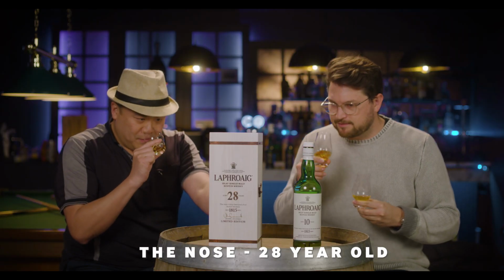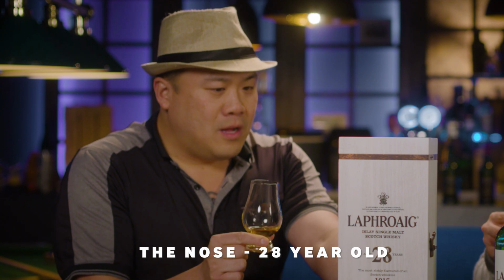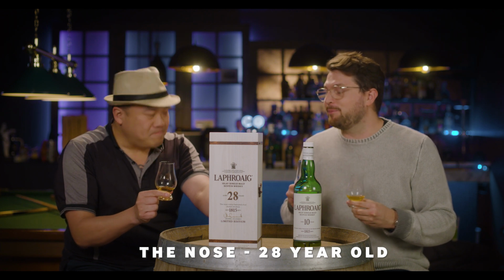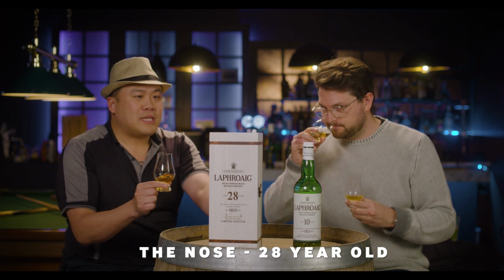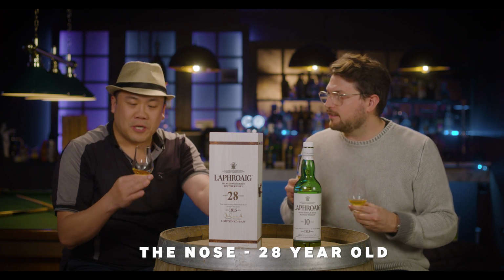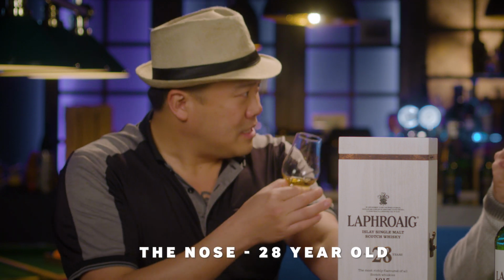Nah. In fact, when I first tried the Laphroaig 28, I thought to myself, this can't be a Laphroaig. If you gave me this blind, I would not pick this as a Laphroaig. Every single person that I've had taste it said, this can't be a Laphroaig. There's no Laphroaig signature. Literally, there is no Laphroaig signature. All I'm getting is, like you said, fruit,